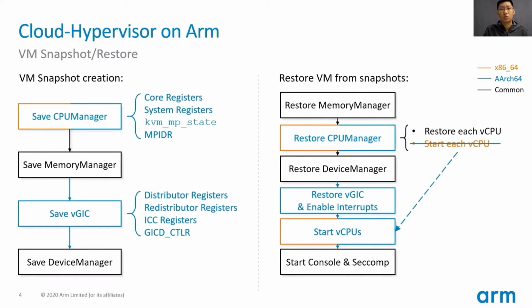The VM snapshot restore feature on ARM has been merged to the master branch recently. It is based on the existing implementations of x86, with some modifications to fit the ARM platform. The snapshot or the restore process can be separately summarized into a single figure, where the orange part is the step needed on the x86 platform. The blue part is the step needed on the ARM platform, and the black part is the common step for both platforms. In order to save the states of the VM, we need to save each component of the